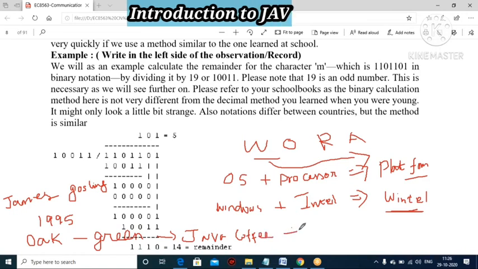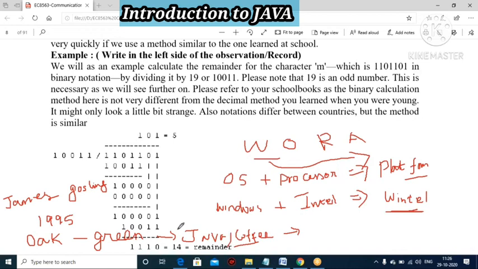So he decided to take the coffee name, and decided that Java was the best name for his language. So he decided to fix the name as Java, J-A-V-A. This is how he gave the name for his language.